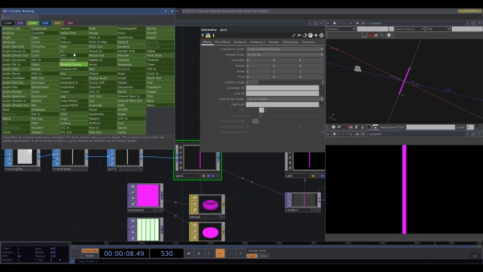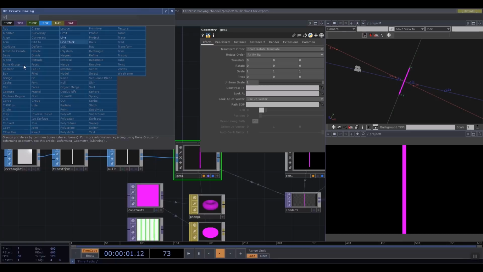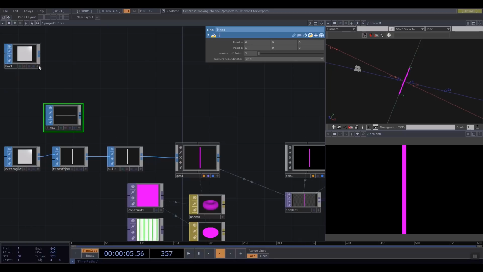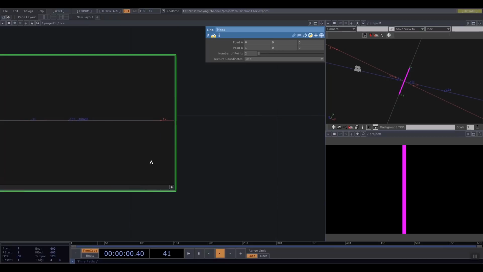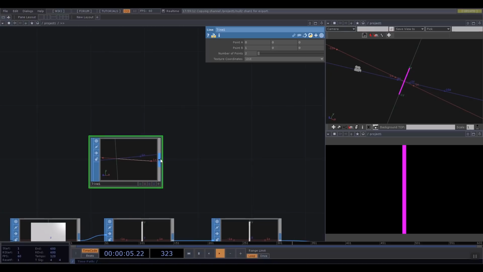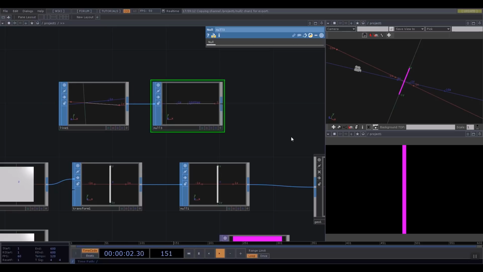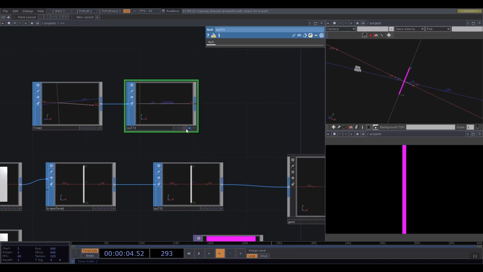So I'm going to double click and I'm going to add a line. Now, a line by default is exactly what it says on the tin. It is a non-visible 3D shape that is a pixel wide that is just a line. You use it for creating paths and other things. If I add this to a null, and then I'm going to pick those special blue and purple dots. And in our scene, if I home select it, we can now see that our line is drawing from 0